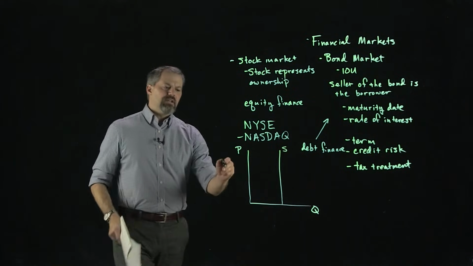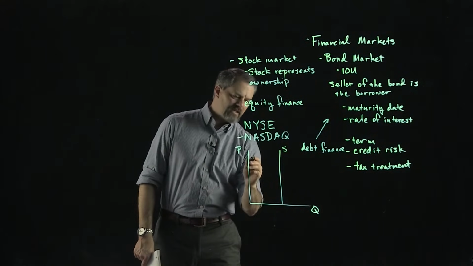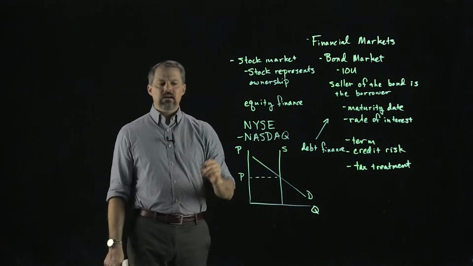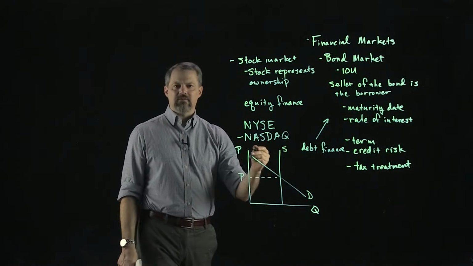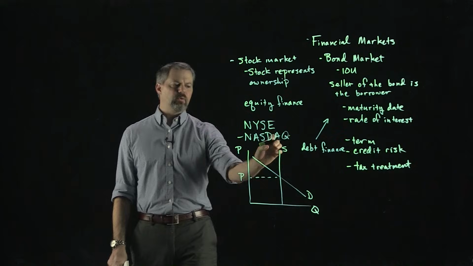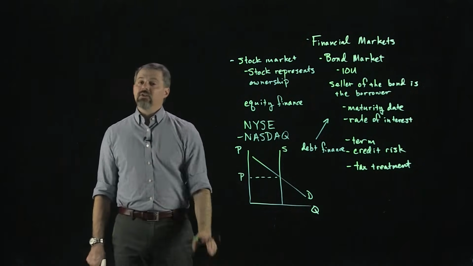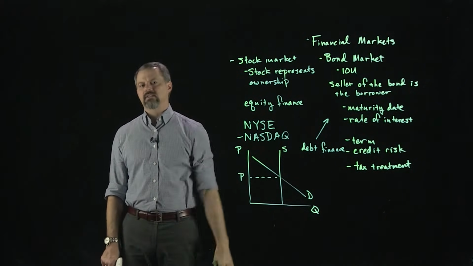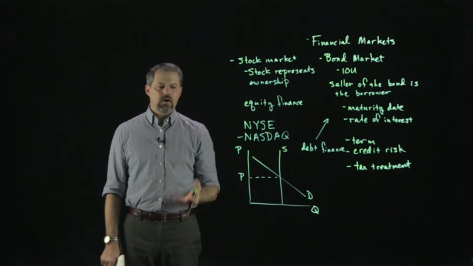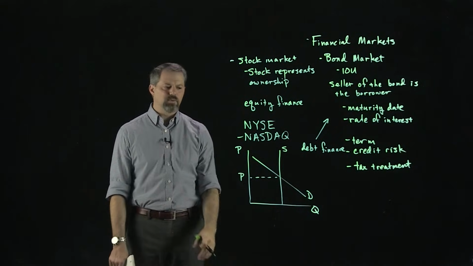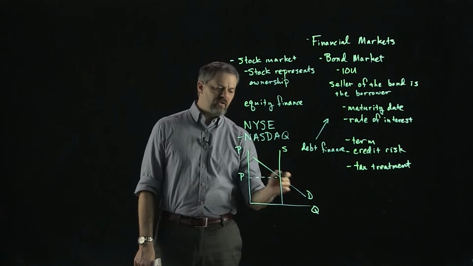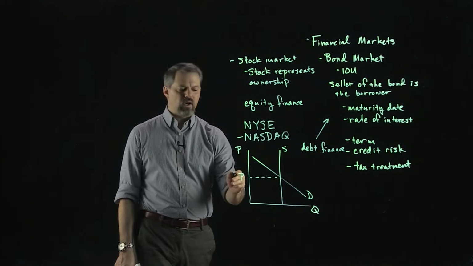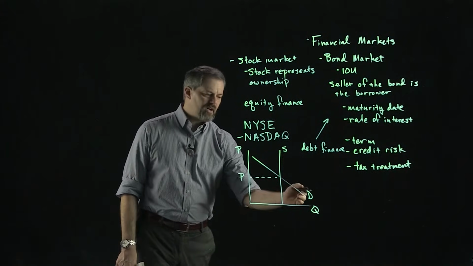And if we look at what the demand curve looks like, it's going to be downward sloping, and of course the intersection there is going to determine the price. Now the supply doesn't change very often. So for all practical purposes, we can treat that as if it's just going to sit there. So if you want to know what causes the price of a share of stock to move, and they move constantly, you can look at the stock ticker and see that they move all the time as long as the stock exchange is open. What's going to be happening there is that it's going to be driven by changes in this demand curve. So understanding what causes the price to change boils down to what causes the demand curve to